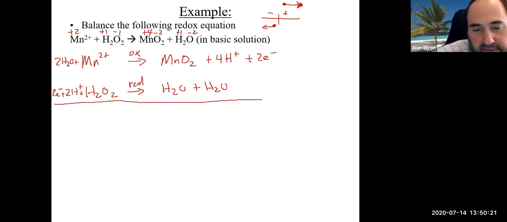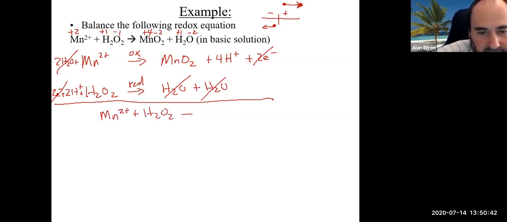That actually means we do have 2 electrons on each side, which means that they will cancel. And if we do that, believe it or not, our waters here will also do a little bit of canceling. And I think that's all my canceling at this point. We will end up with Mn2+ plus a little H2O2 gives me some MnO2 plus some 4H+. This technically,